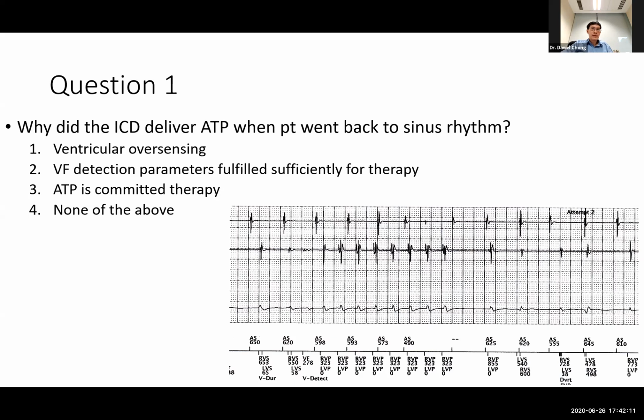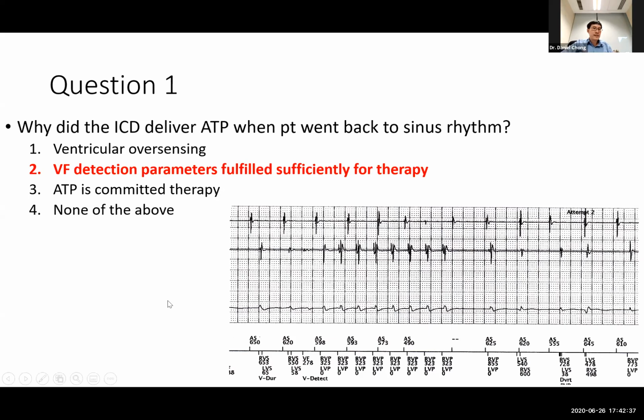Okay, all right. So, ATP is committed therapy. Okay, VF detection. All right. So I think the 2 highest ones would be VF detection parameters fulfilled sufficiently for therapy. So the correct answer is the second one, VF detection parameters fulfilled sufficiently for therapy. Okay, so let's just go through basically